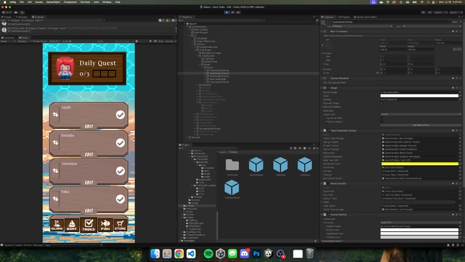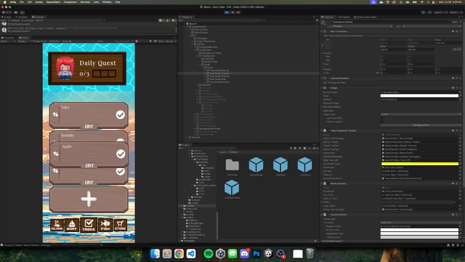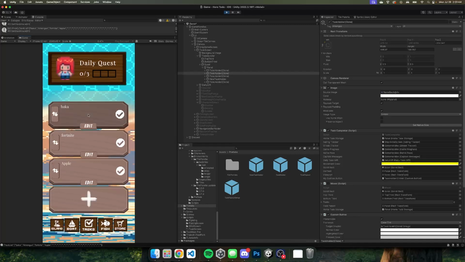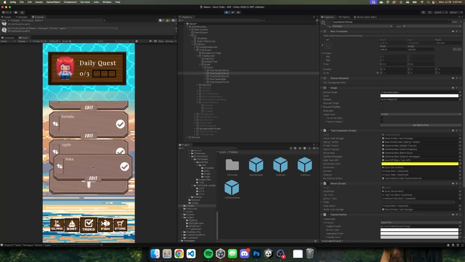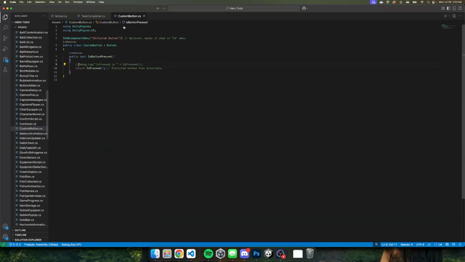This is a system that I'm very proud of, and I cannot believe I actually made it work. It took me quite the time to make this, so I'm excited that it's working and good to go right now, because it took forever to build and I wasn't even sure if it was going to work. But I basically used a custom button class to access the protected method of isPressed,